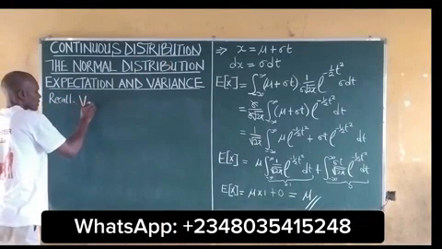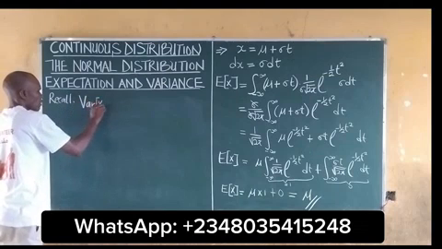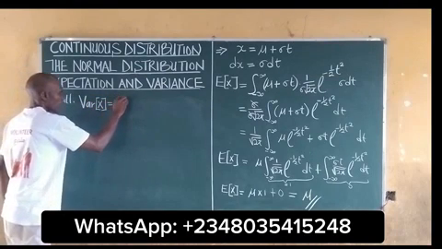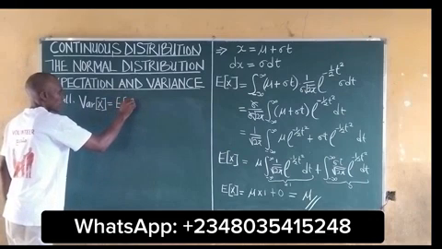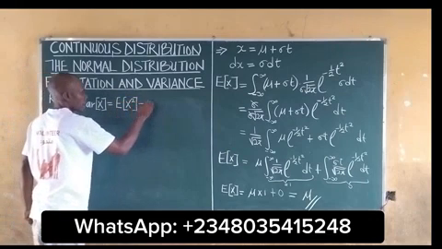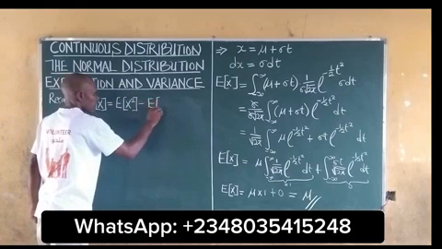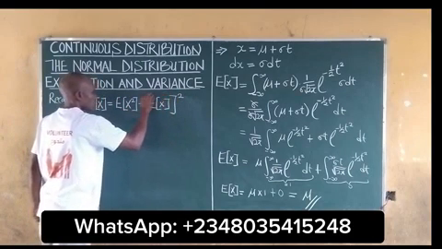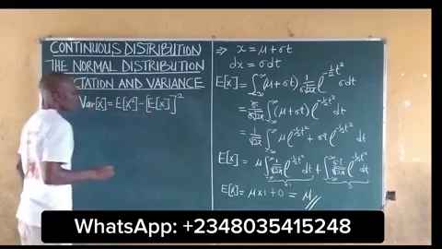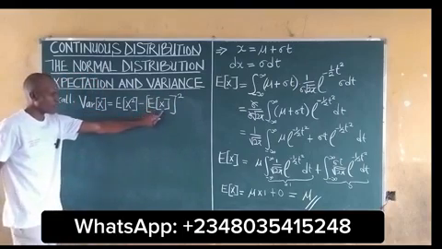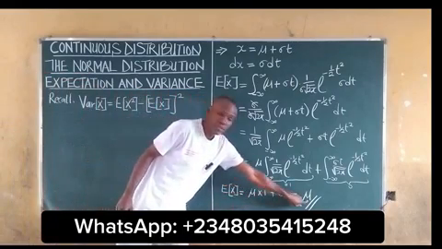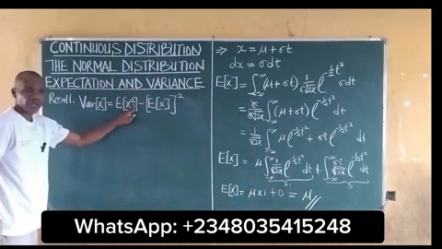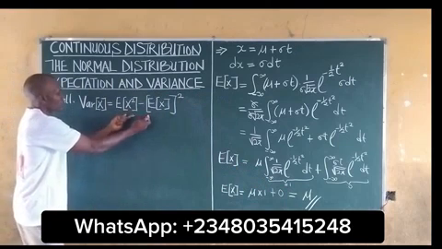that the variance of x is equal to the expected value of x squared minus the expected value of x all squared. We should know that the expected value of x is equal to this. Now, we have to find the expected value of x squared so that we now combine it to get our